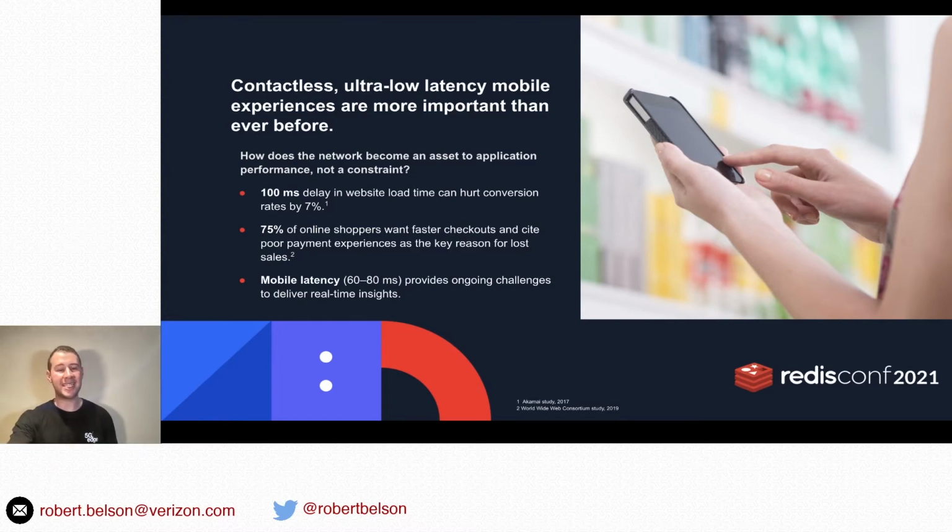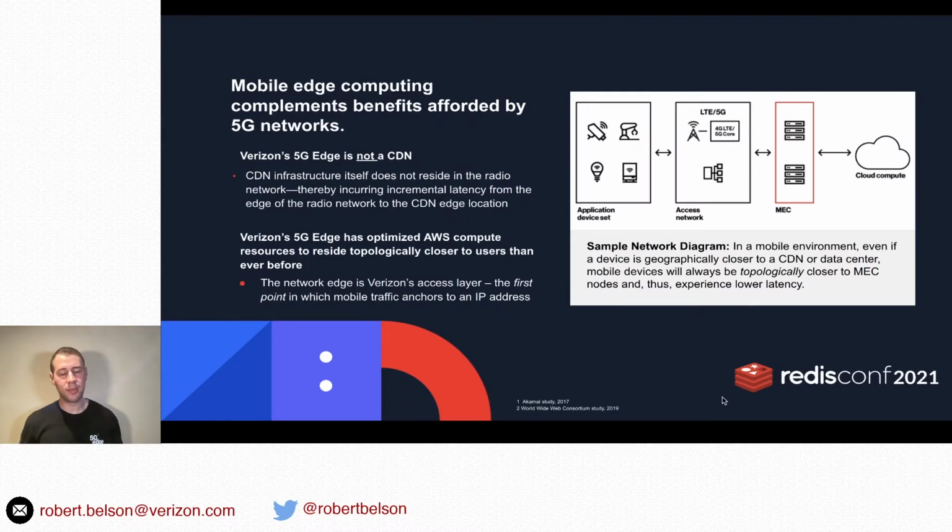And so to understand exactly what we built, let's start with the fundamentals here of what exactly 5G Edge is. Simply put, many of you might be familiar with 5G networks and that step change or exponential improvements that you're going to see as you think about improvements in latency, bandwidth, device density, etc. Now let's talk about if you overlay mobile edge computing on top of that, what are you actually provided as